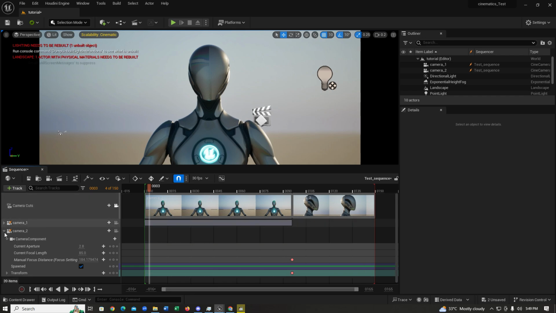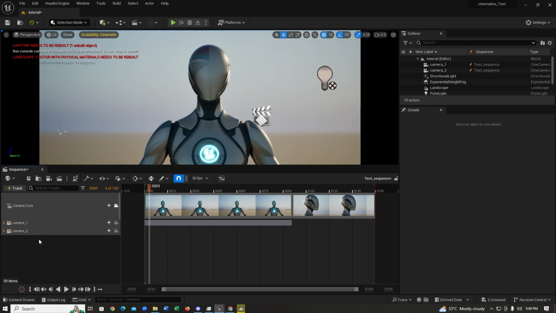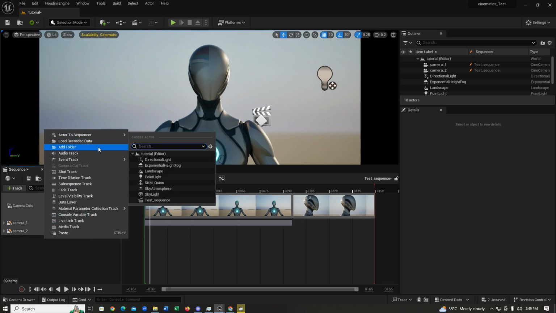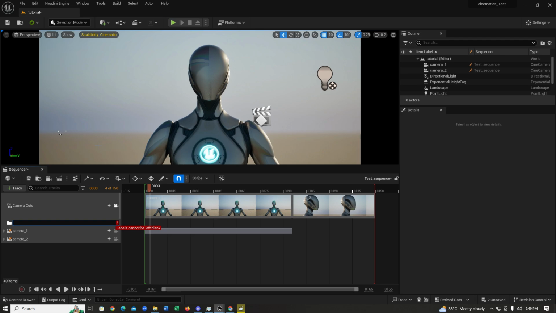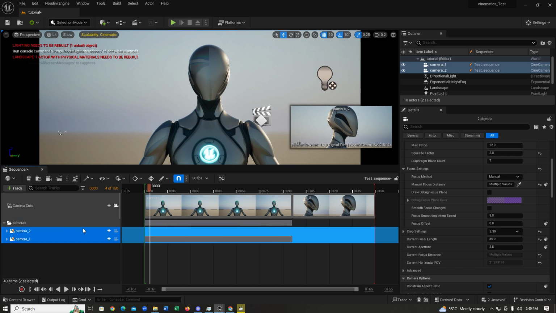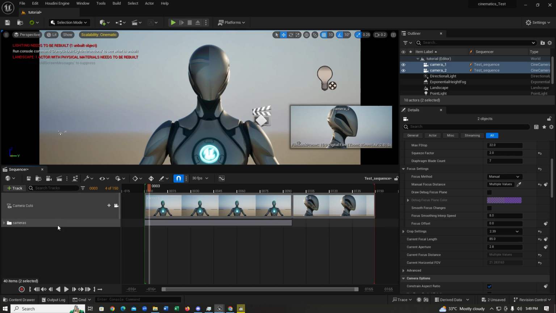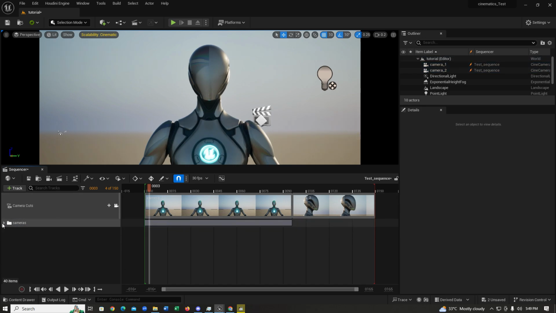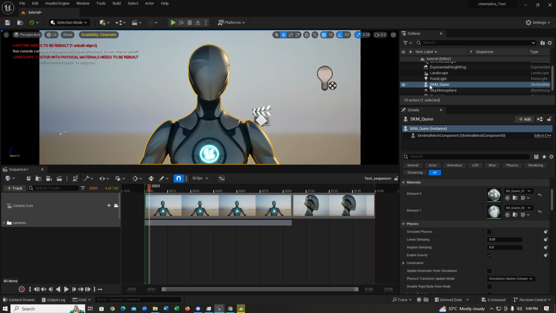So what I actually like to do is group my cameras together into a folder. You can bring in a folder and just call it cameras, and I'm going to drop all of my cameras into this folder. It keeps it a little bit more tidy and organized. You can actually add a lot of different things